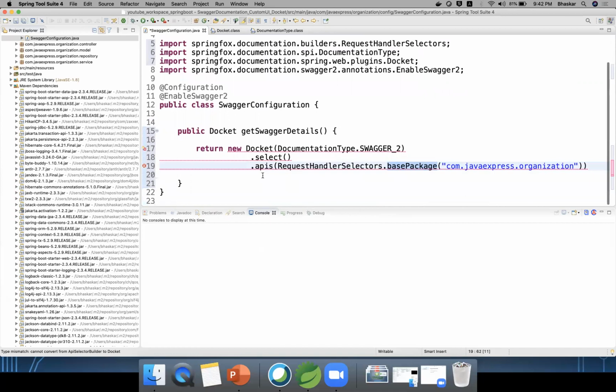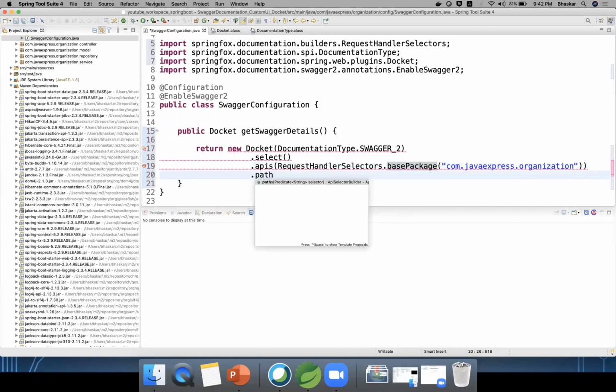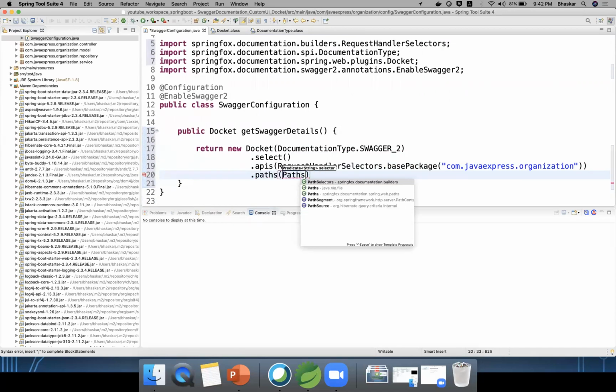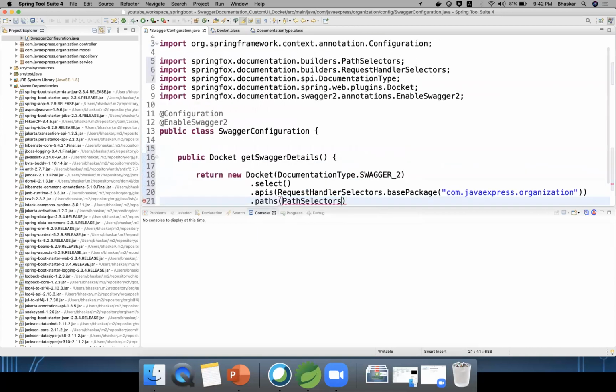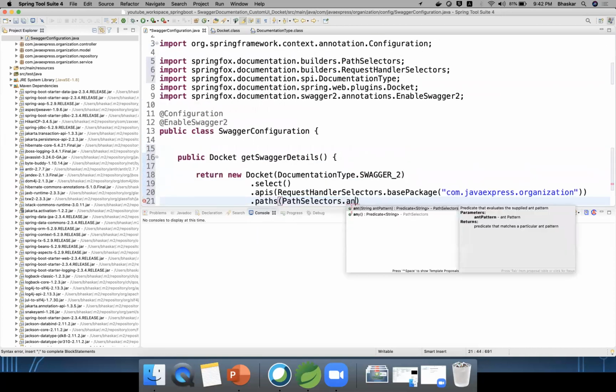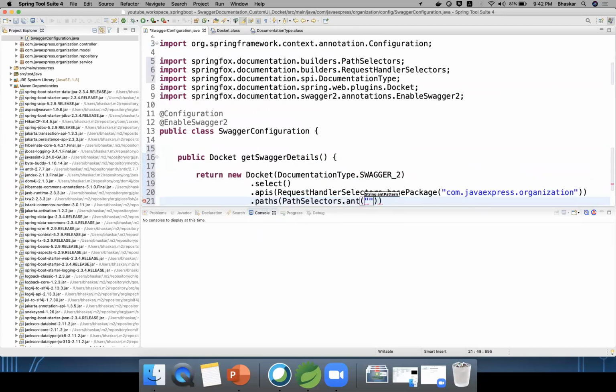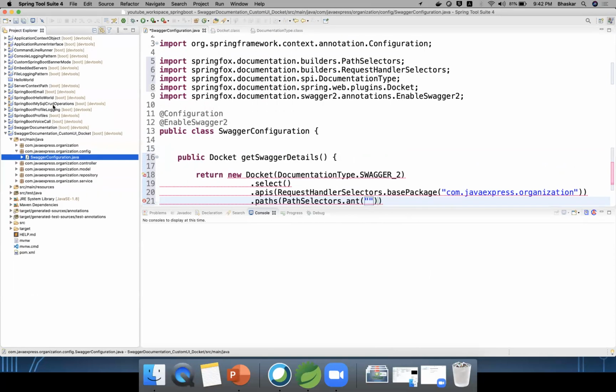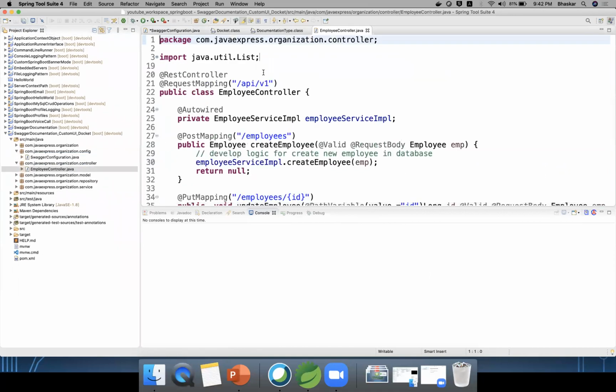If you choose any, you are selecting the default configuration, and on top of that you need to create the paths. Here you use the PathSelectors class, where you can apply a regular expression. Go to your controller and choose the path: slash api slash v1.